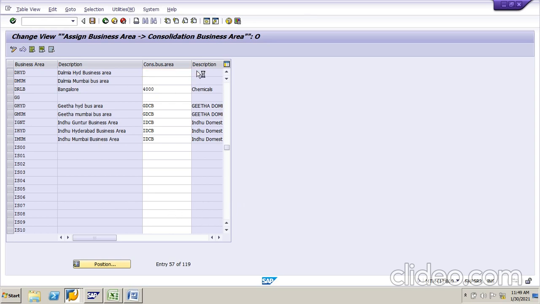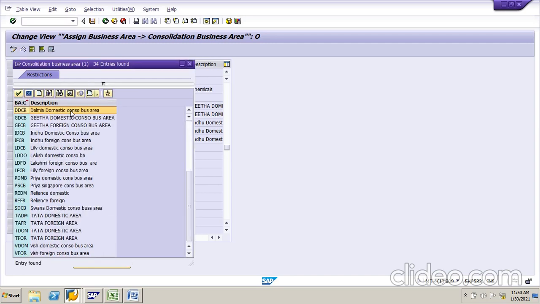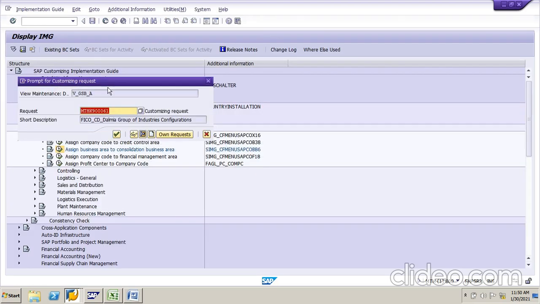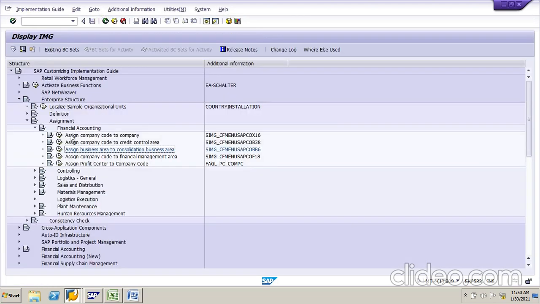So consolidated business area, search here. Dalmia domestic. So already we have created domestic and international, we don't have. So I'm giving the business area for both. Okay, Hyderabad and Mumbai both are domestic only. Save. Come back. Next one is assign company code to financial management area.